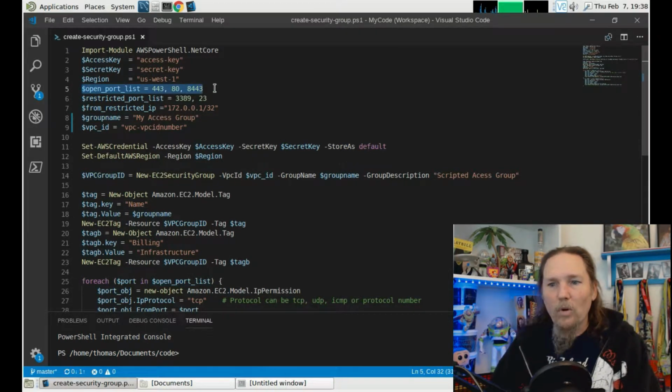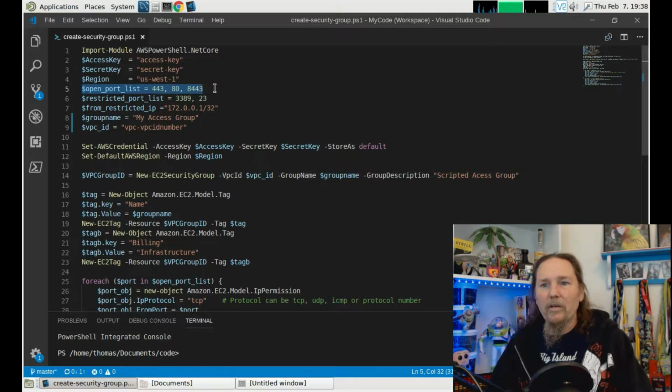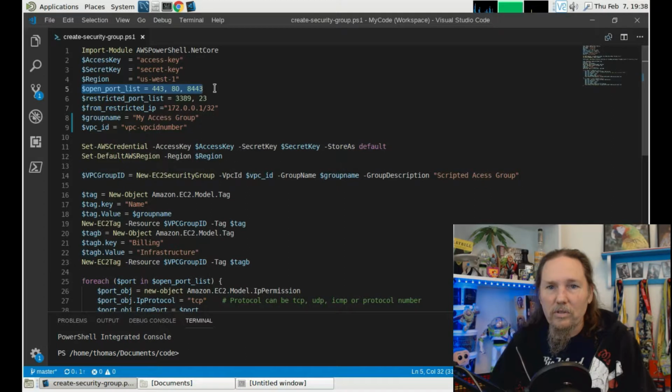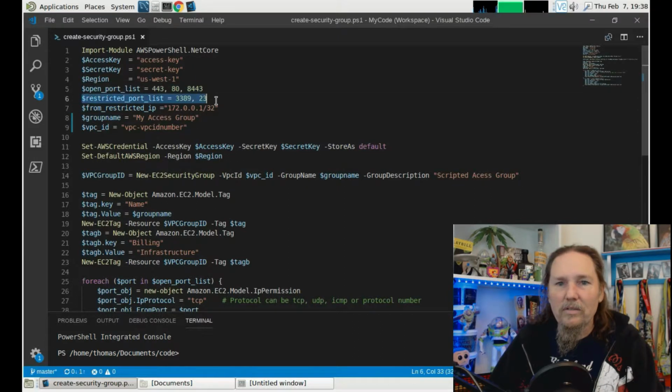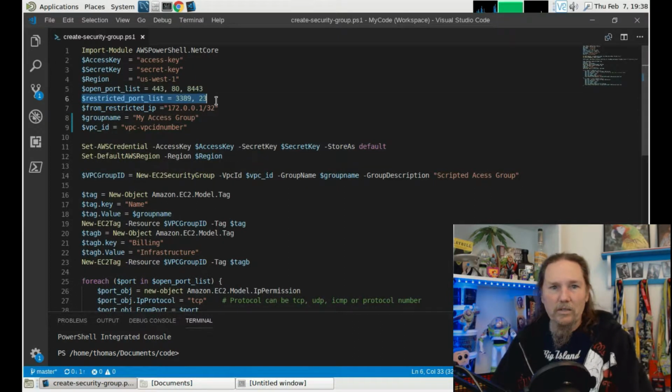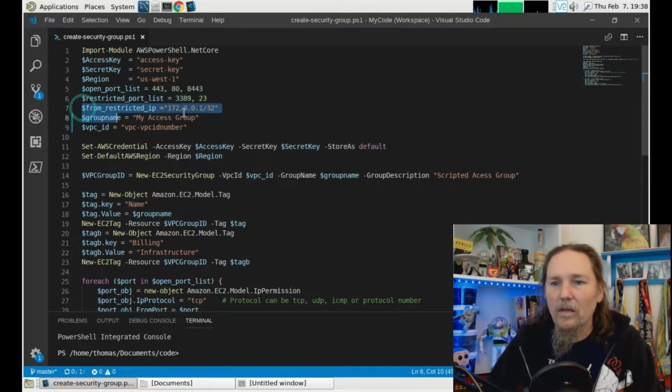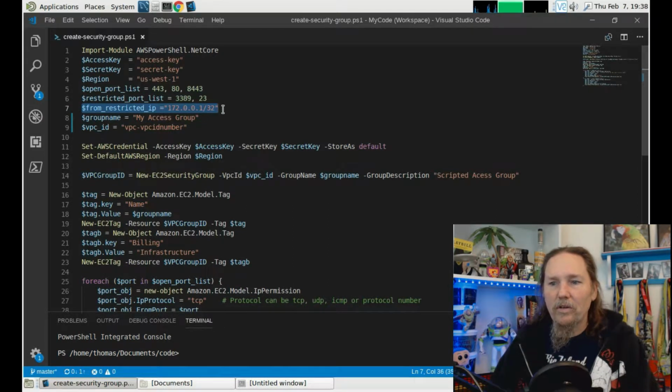I have a list of ports that I want to be open to users, and I put those into a small array. So I'm just going to use 443, 80 and 8443 in my example. Then I have a set of ports that I want to restrict just to a specific range of networks. And my restricted range that I have here is just going to be, for this example,